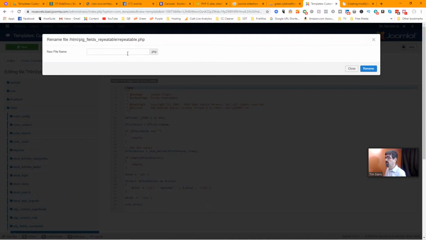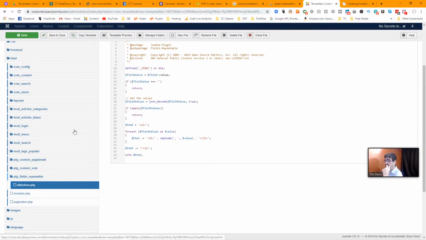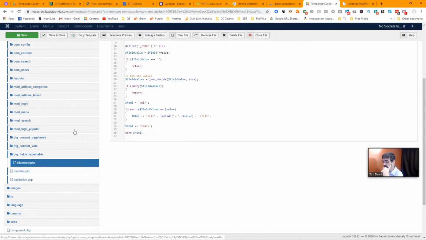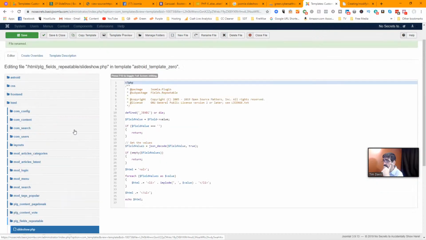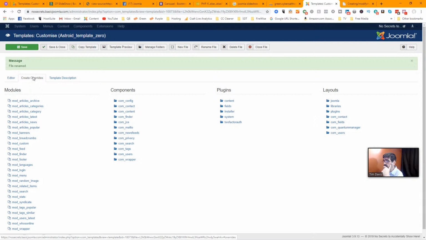I'm going to rename this slideshow, and rename that. Yeah. But that's not going to work because it does not recognize slideshow as a field. No, but it's an override. So what we need to figure out next, because if we go create overrides,